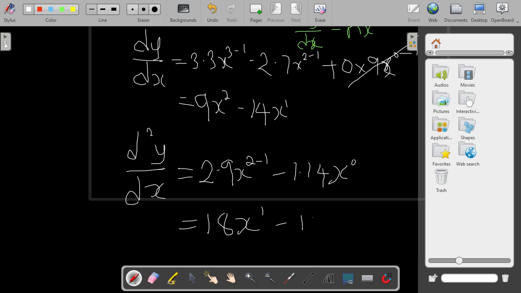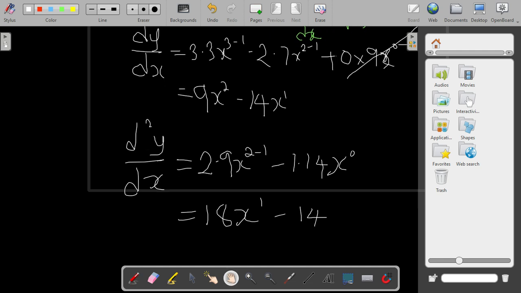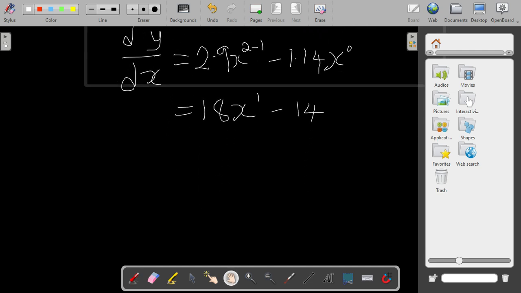Don't forget, x raised to the power 0 is 1, so 1 times 7 still gives you the same 7. So finally, guys, my answer becomes d squared y over dx squared